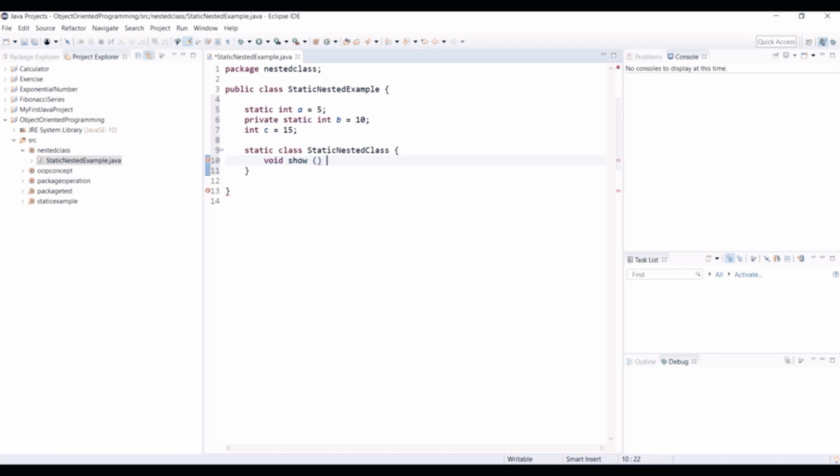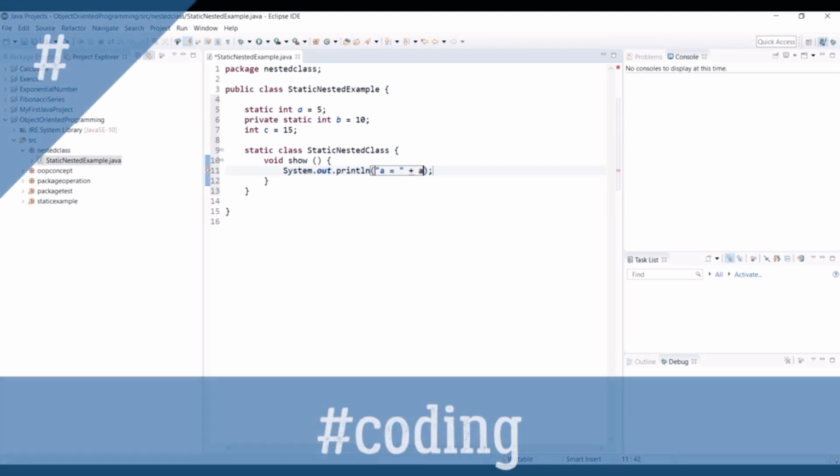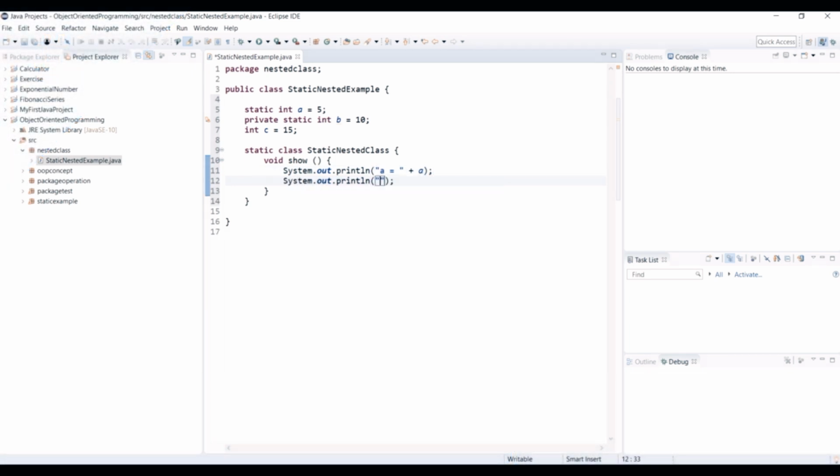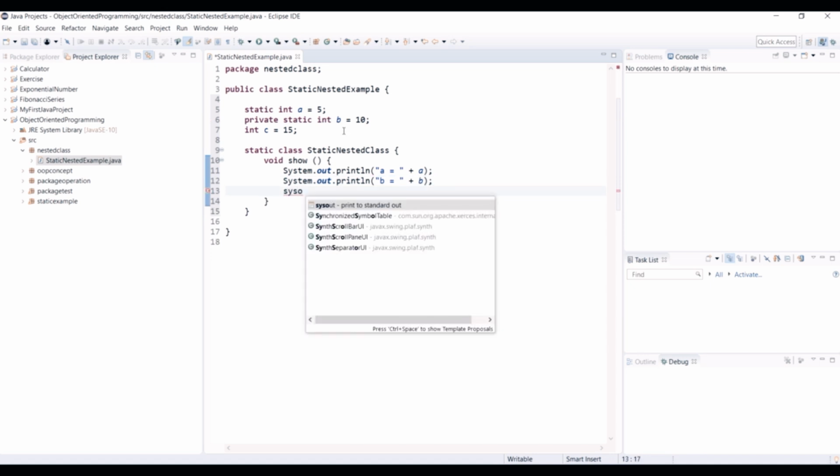Now in this method, we can use 3 print methods. So in the first print method, we can access static variable a. In the second print method, we can access private static variable b. And in the last print method,